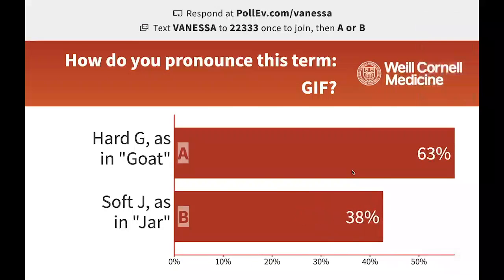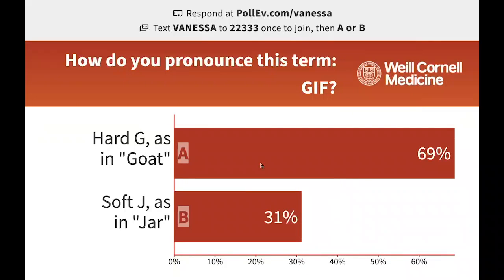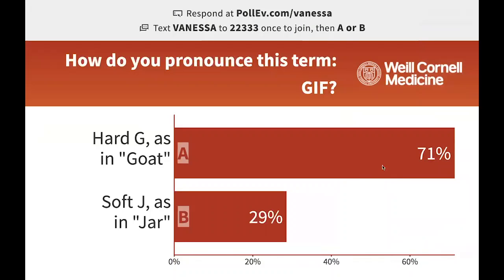All right. So we've got some responses. It's kind of moving up and down, but it looks like most people feel it should be GIF. All right. It's going a little crazy. One thing that's kind of cool is that if you didn't want to show these results right away, there's actually